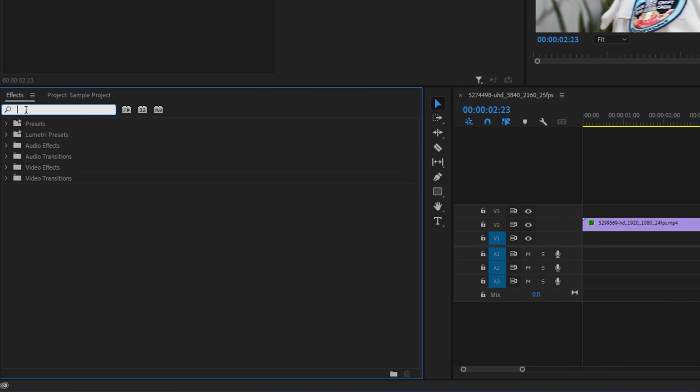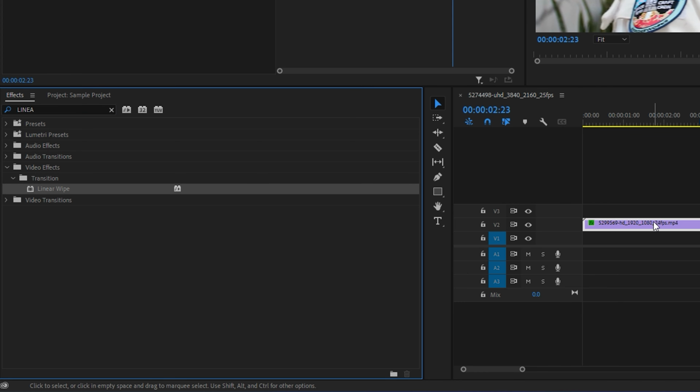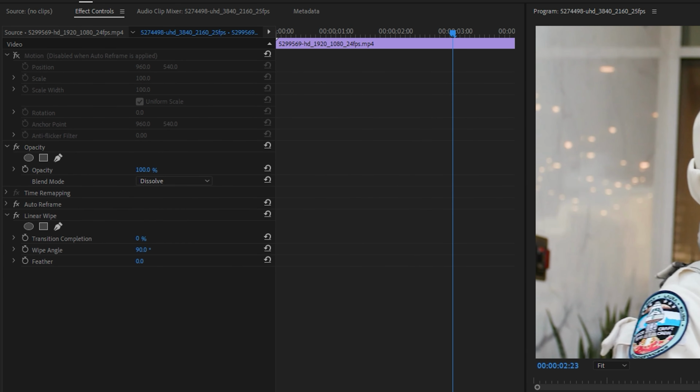Next, go to the Effects panel, search for Linear Wipe, and drag it onto the clip on video track 2. Move your playhead to the point where the second clip begins. Then, with the top clip selected, go to Effect Controls, and click the stopwatch next to Transition Completion to create